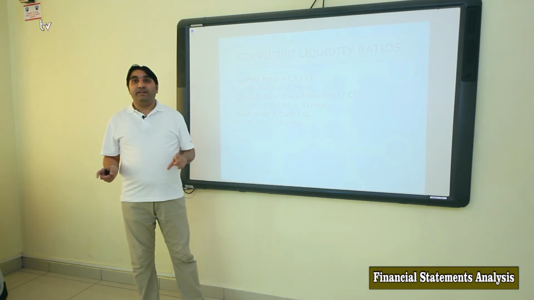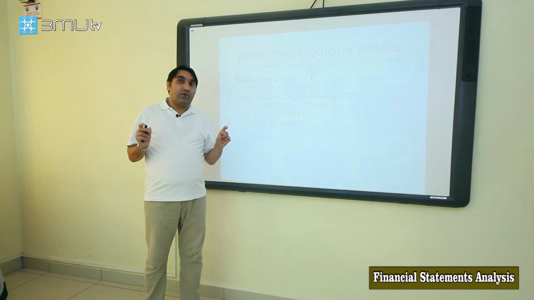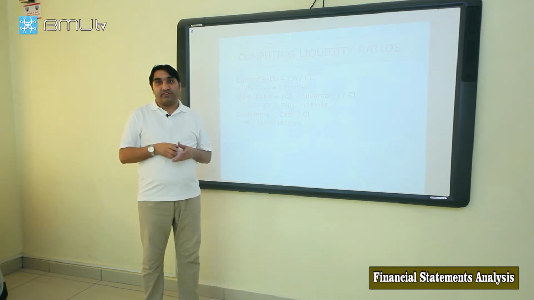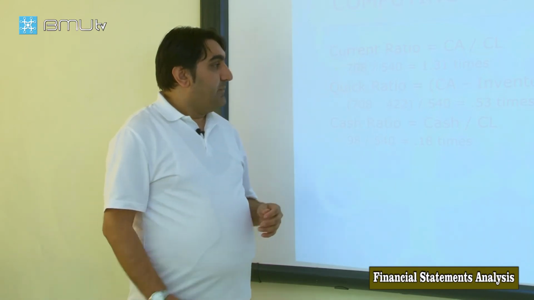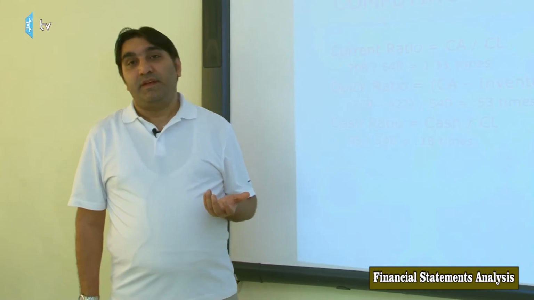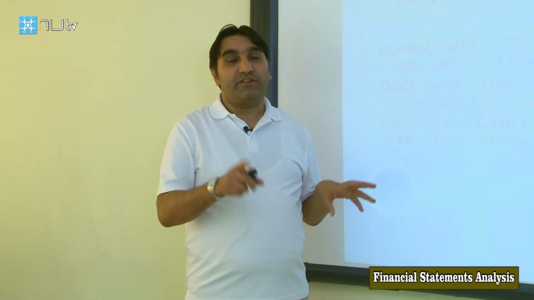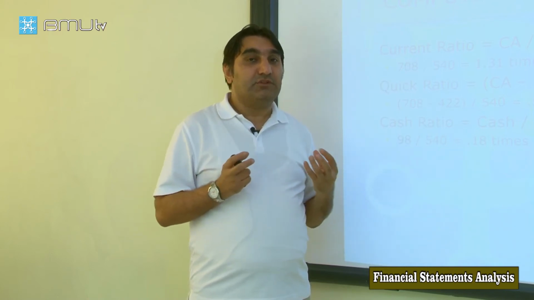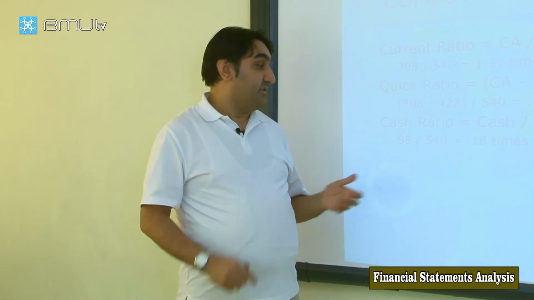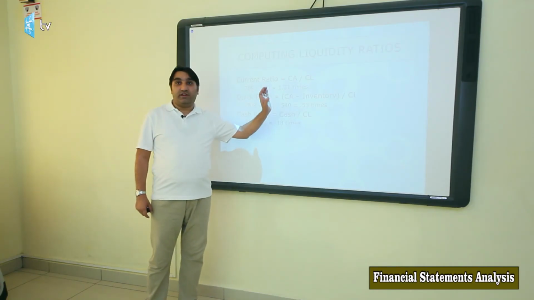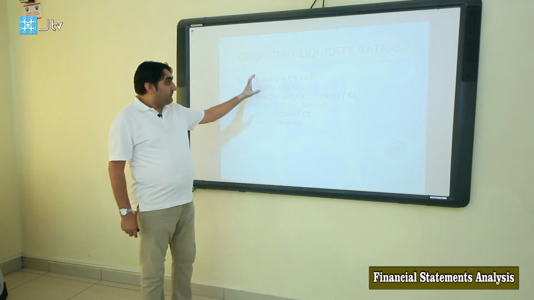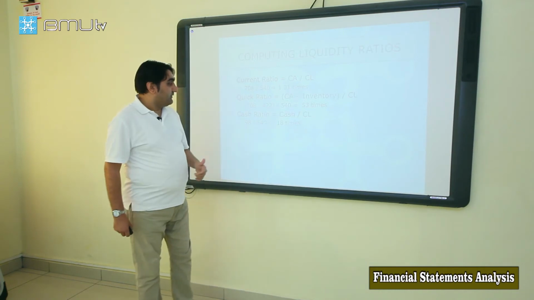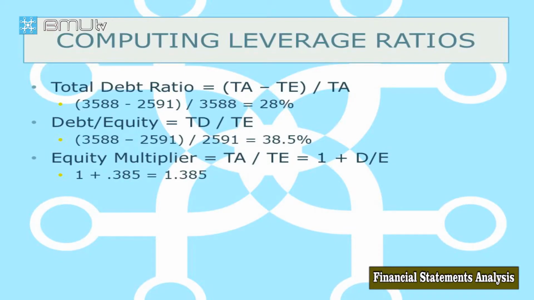So again, we need to compare this coefficient with the industry average. How is the position, how is the case in other peer companies. And some finance managers may need to look at only cash, how our company's cash is able to cover our current liabilities. This is cash ratio. We divide cash, only cash, not receivables, not other current assets in the financial statement, by current liabilities. We get 0.18 times. Of course, that is very simple mathematically, that this ratio will be smaller than quick ratio and this will be smaller than current ratio. So we calculate our liquidity ratios, and as I said, we compare them with the industry average